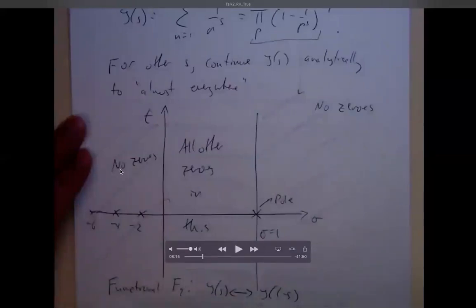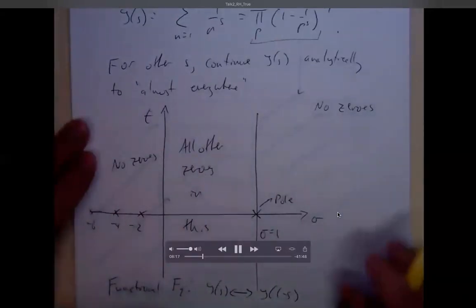Oh, I should say, what have I done here? I've said no zeros, but just so that no one sues me for defamation, yes, sure, there are some zeros. We call them the trivial zeros, so -2, -4, -6. It's kind of interesting to look at those. They arise because of Bernoulli numbers, and we can take the Taylor expansion and see very interesting things about them. But for the purpose of this talk, they have no information. There's no information embodied in them about the primes, so we're not interested in them. So all other zeros lie in that critical strip, and that's where we'll be focusing today.